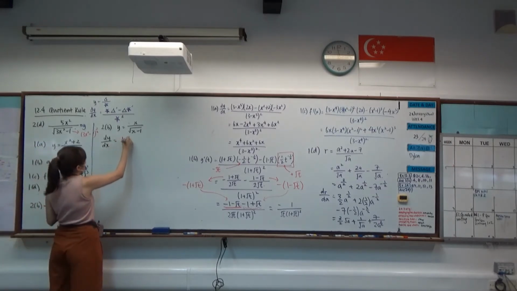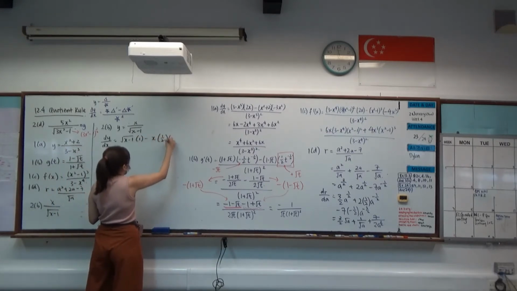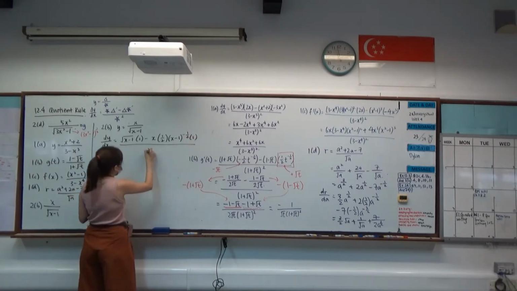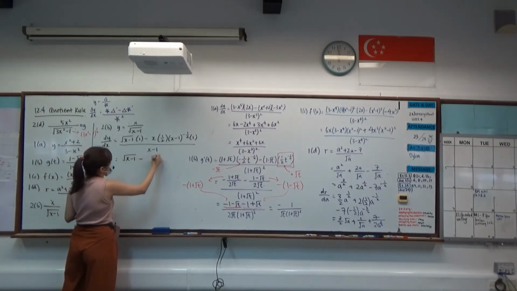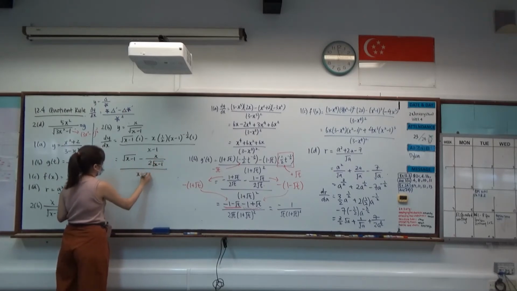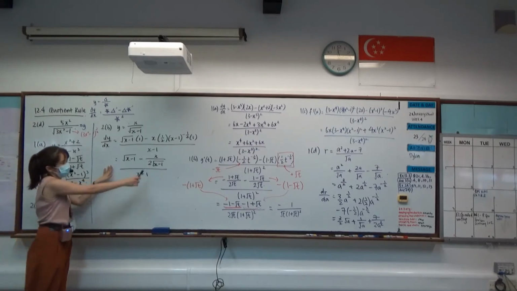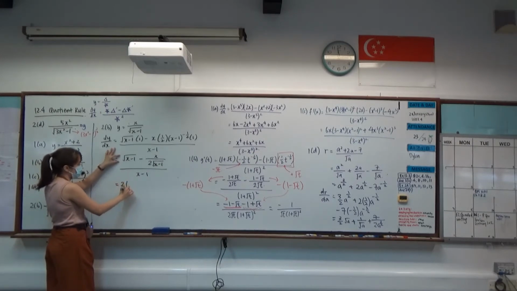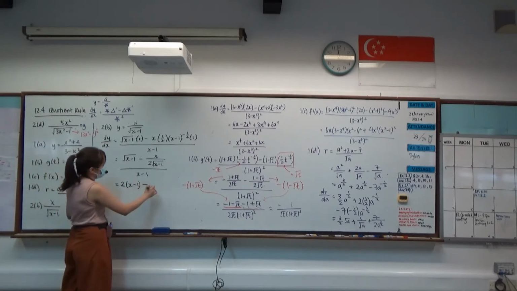So keep the bottom, differentiate the top, minus keep the top, differentiate the bottom. Okay, so you arrive at this when you leave it in positive index form. Take the denominator, multiply to the 1 without denominator. So I'll get 2 bracket x minus 1 because square root times square root becomes the whole. And then minus x